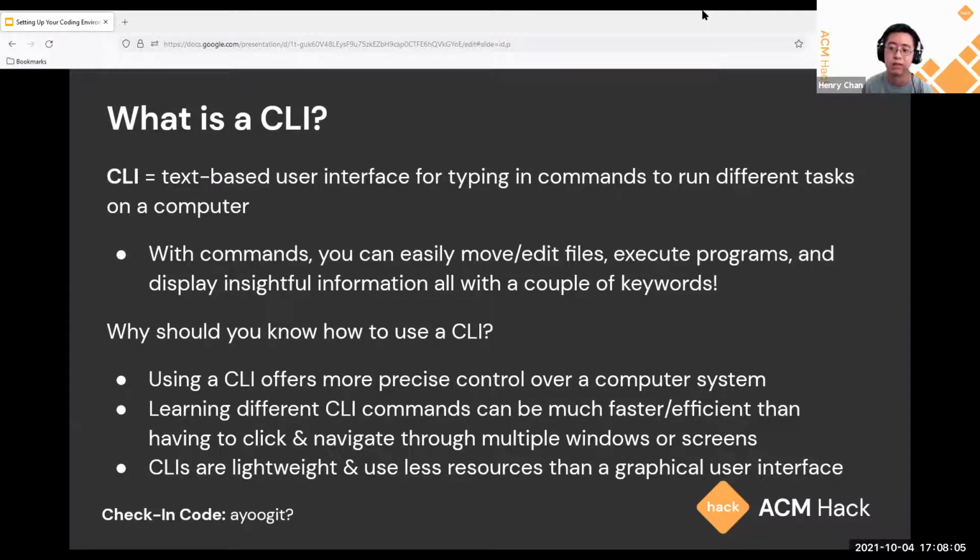And so a CLI definitely offers you more ease of access in terms of doing that, as well as more granular control over that. Another thing that you can do with a CLI is that if you learn different CLI commands and memorize them, it can actually be much faster and more efficient than having to click and navigate through multiple windows and